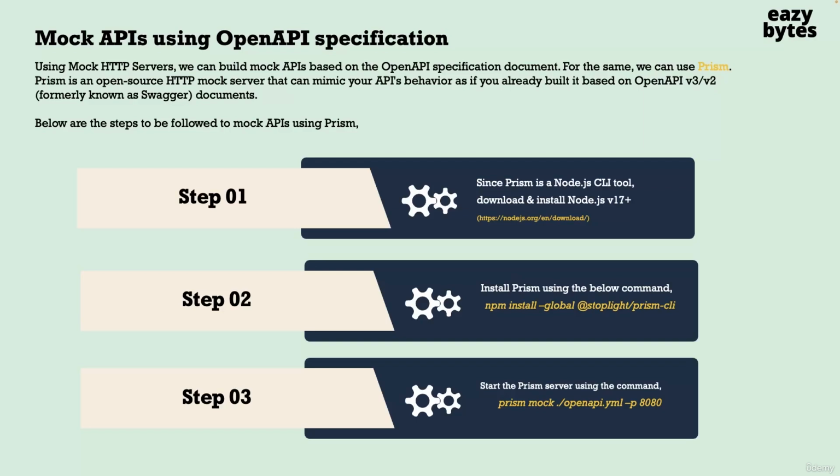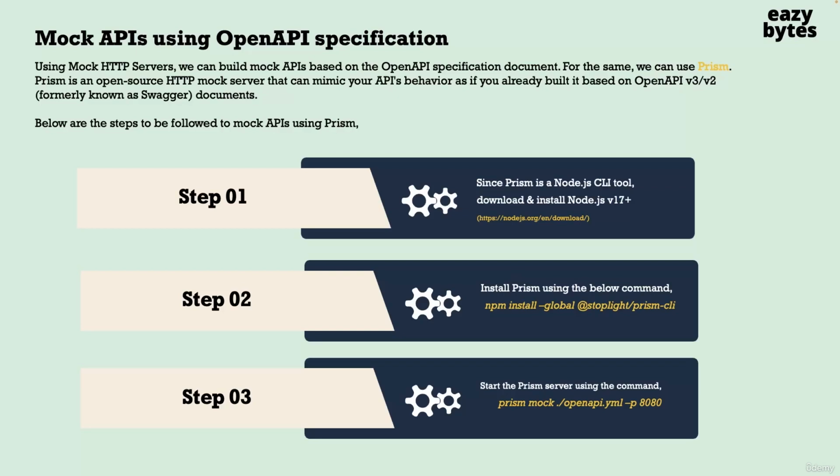So once you install, in the second step, you need to install the Prism related libraries with the command npm install --global @stoplight/prism-cli. So once we install these Prism related CLI libraries inside step 2, then we can jump into the third step. Inside the third step, you need to run a simple Prism command, which is prism mock, and